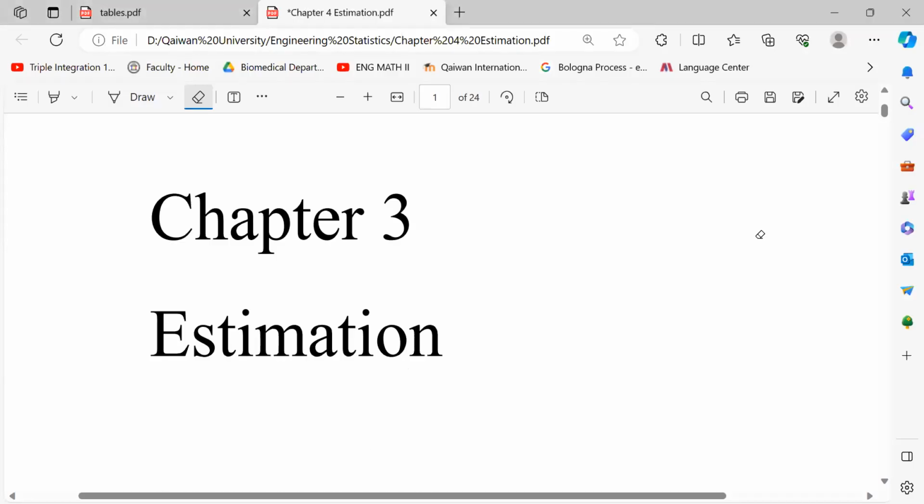In this chapter, we talk about estimation. Through this chapter, we just find an interval for all the examples. We just need to find an interval, and for finding an interval at each topic, we have a specific rule for finding it. In this chapter, we have 6 topics: confidence interval for one mean,